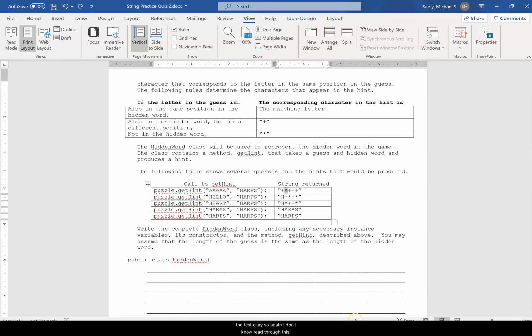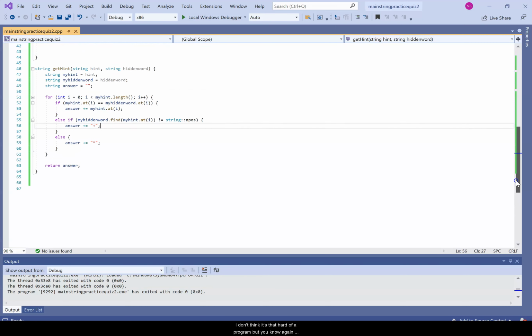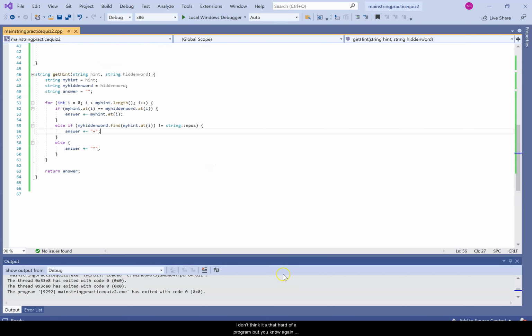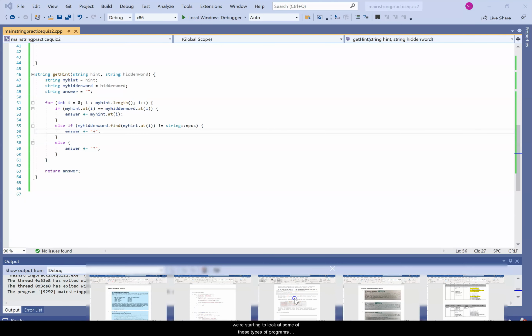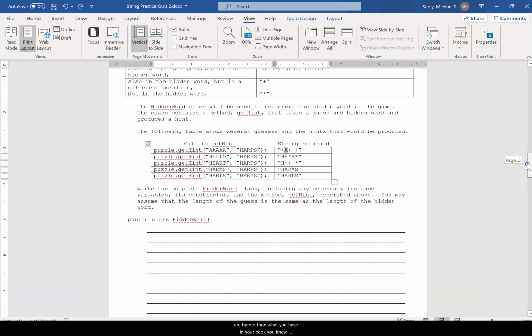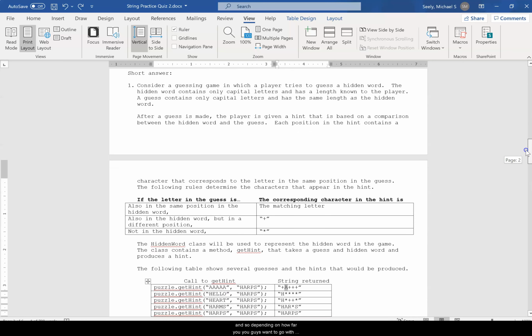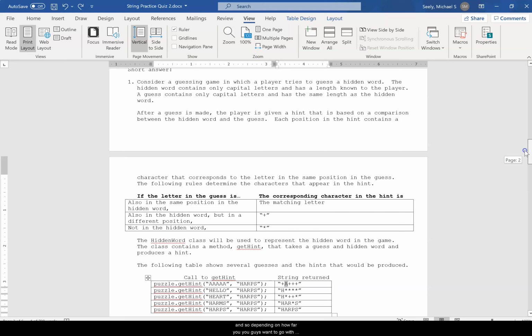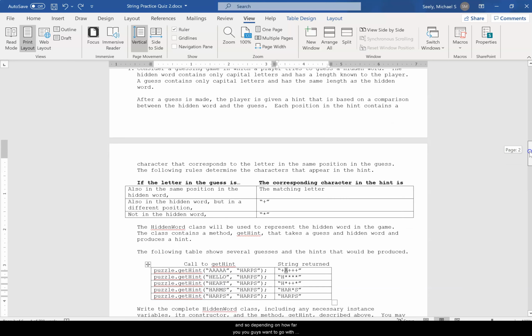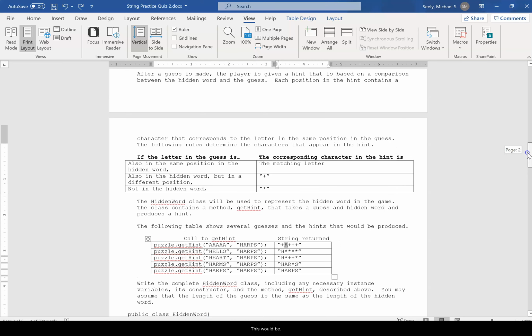So again, read through this. I don't think it's that hard of a program, but we're starting to look at some of these types of programs that are harder than what you have in your book. And so depending on how far you guys want to go with this,